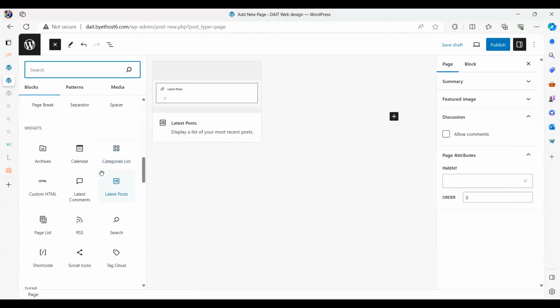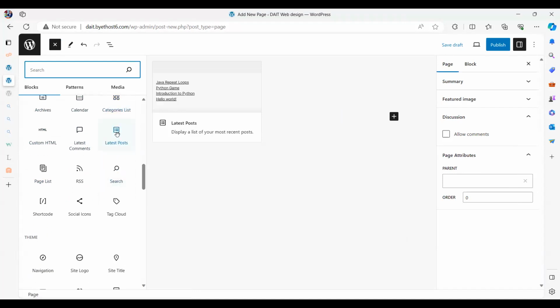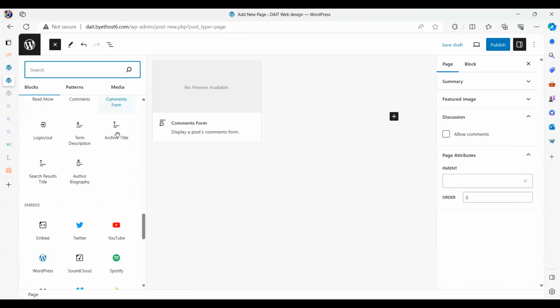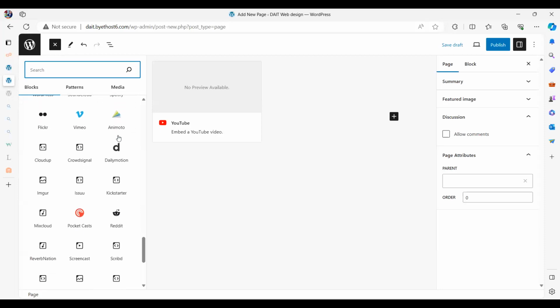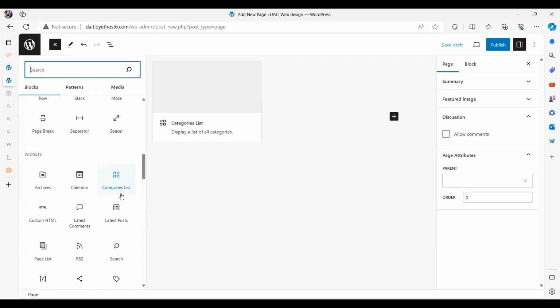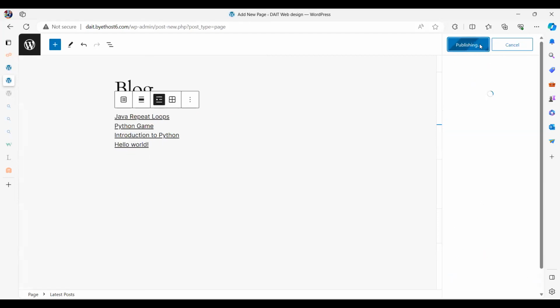Category list, latest post, page list. See, these are the things I can bring into my page. So I like latest posts coming there. Let me see, what else can I bring into that page? Okay, I think I will bring in the latest post. Okay, now I'm going to publish that. Publish it.